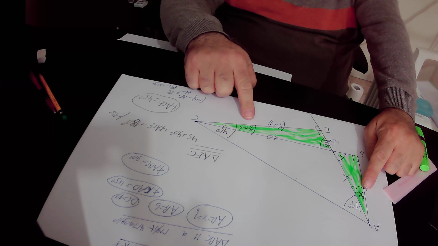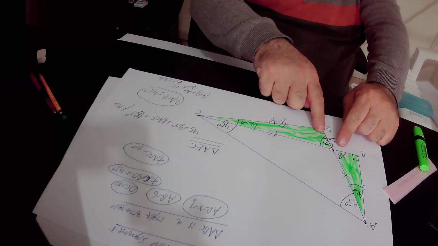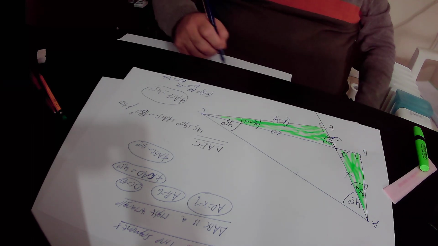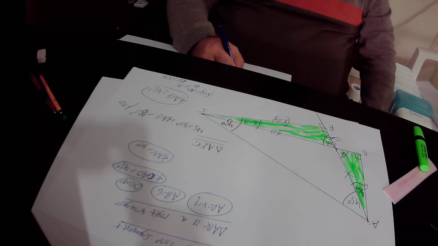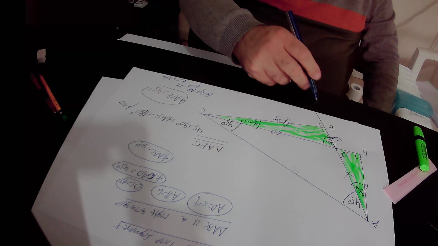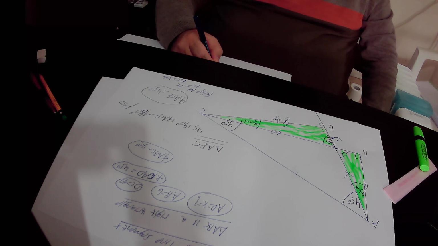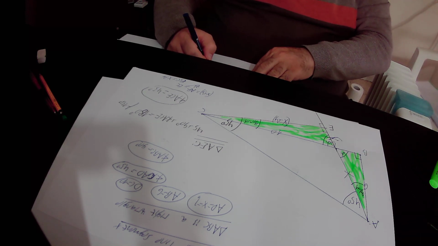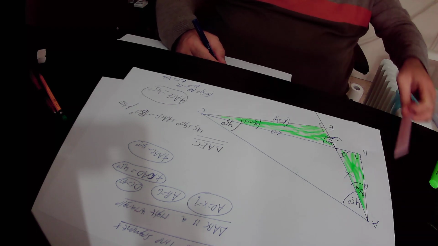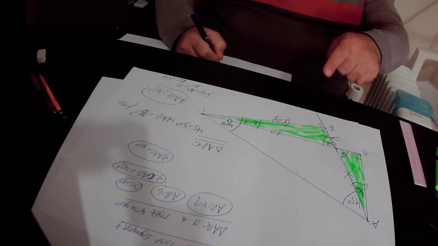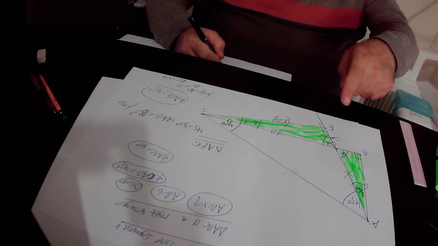Both those two angles are equal to 90 degrees minus alpha. Both those two angles are equal to alpha, and both those two angles are equal to 90 degrees. So I write it down. In the right triangle ADB and the right triangle EDC, we have angle BAD equal to angle EDC,